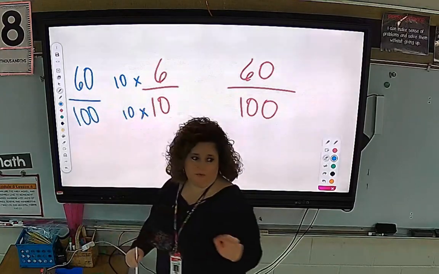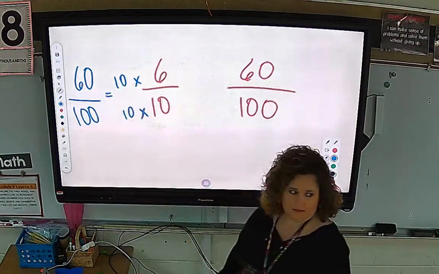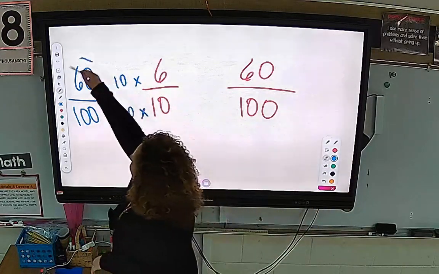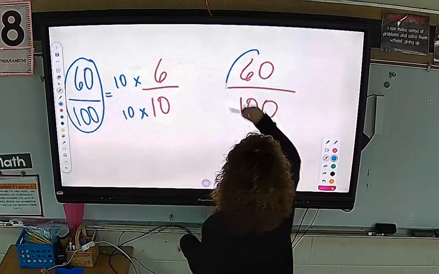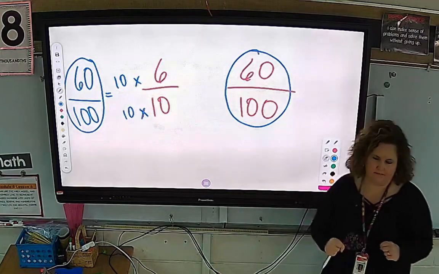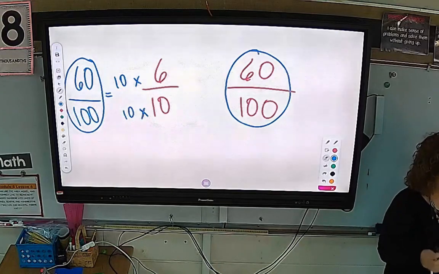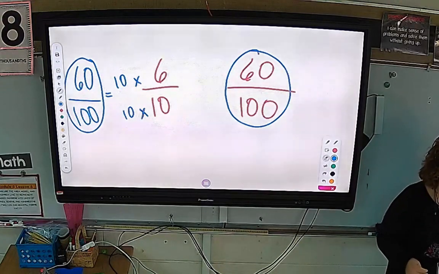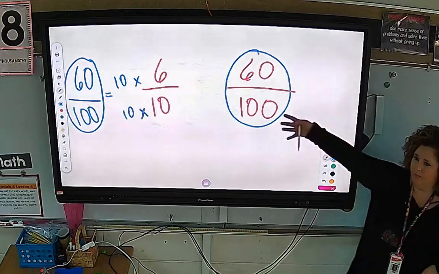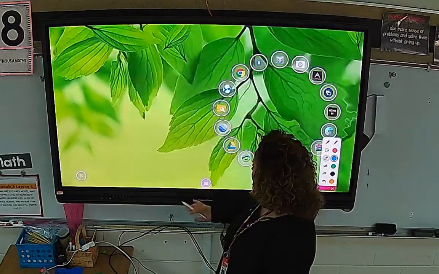Y'all quit being so loud when you answer these. Are y'all hearing that? That's why I didn't stand up. Why did you stand up? Okay. So I wanted you to see that. 6/10ths is the same as 60 hundredths. Not just because I'm telling you that, not just because the area model shows it, even though it did, but because the math also proves it. Okay. So something good to know.